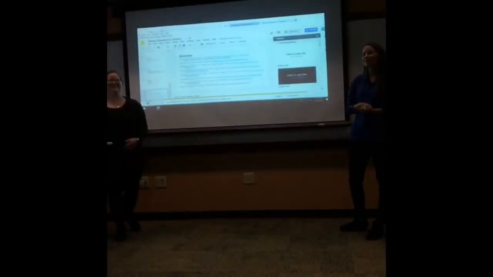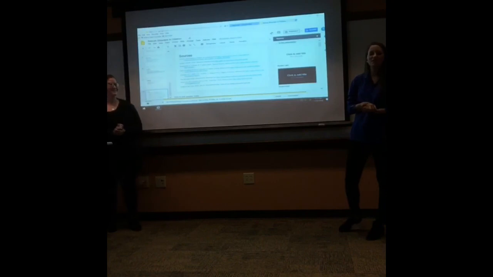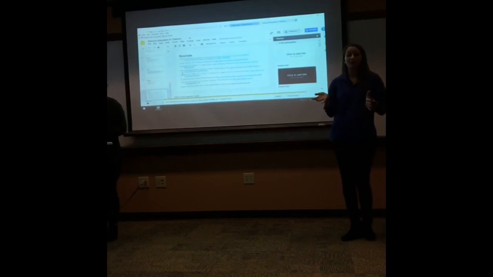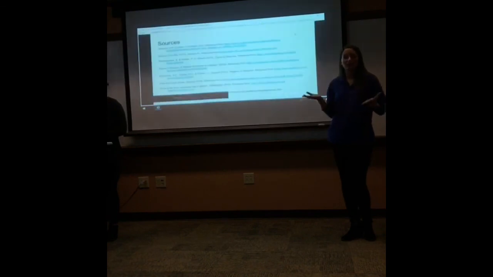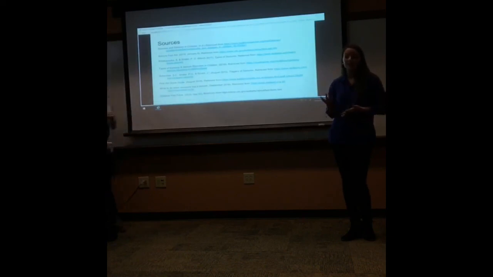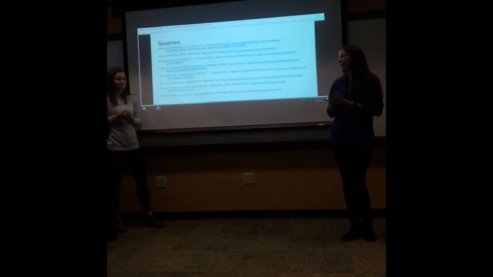So we chose to do seizures because we realized that down in the clinic, a lot of our clients potentially had a medical condition that carried a risk of seizures. And when we were reading it in our med book, we realized we would have no idea what to do if one of our clients had a seizure. So we thought it was important information for SLPs and even teachers, educators, any person in a school district to know how to deal with a